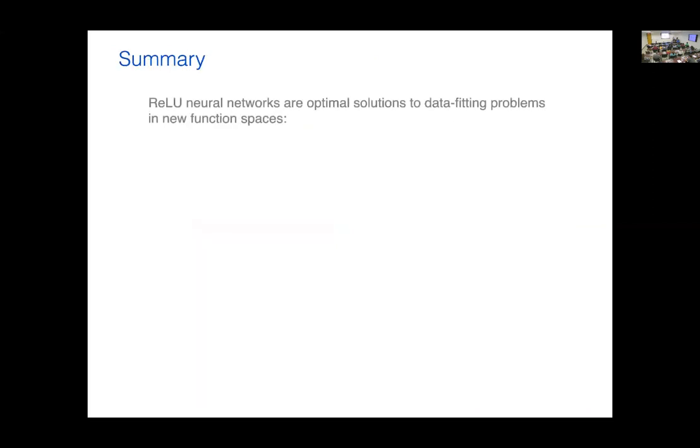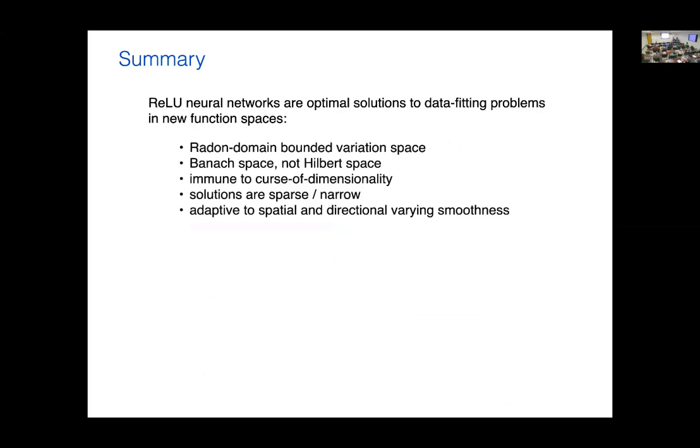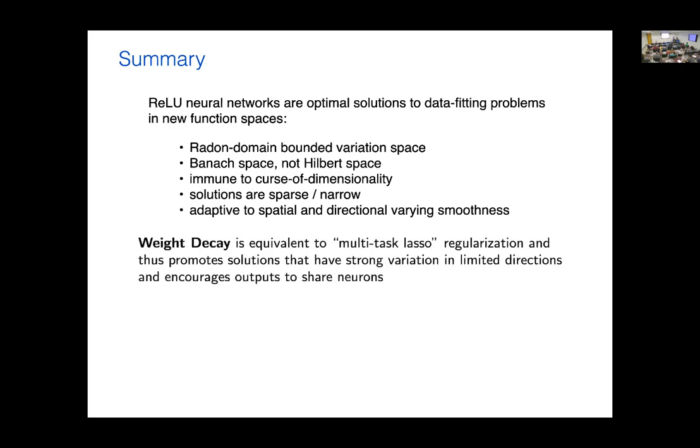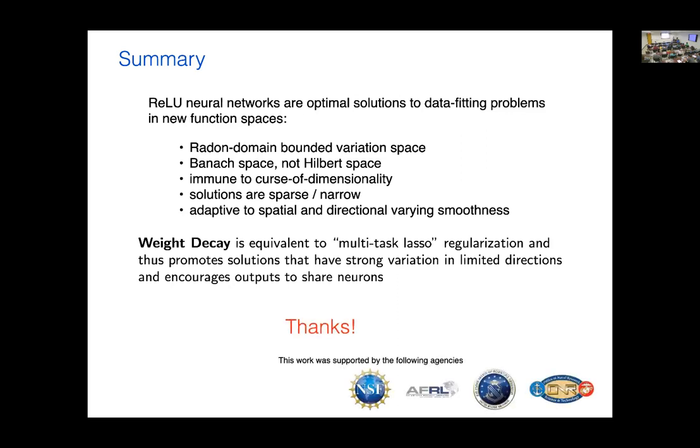So let me wrap up with that. We have these new function spaces, and I've told you a lot about them. They're Banach spaces. They have all these interesting properties of spatial and directional adaptivity to smoothness. Weight decay, which is a standard type of regularization people use, is equivalent to this multitask lasso regularization, which gives you all this sparsity, and is supported by a lot of people, including some projects that